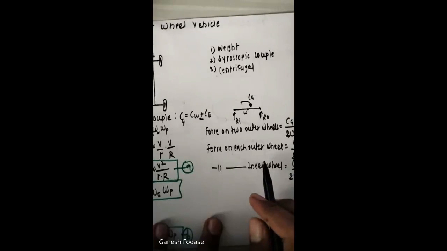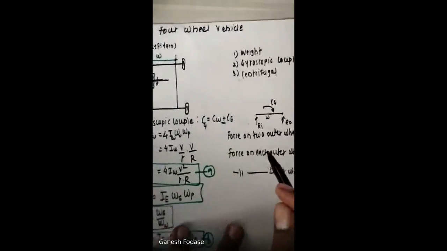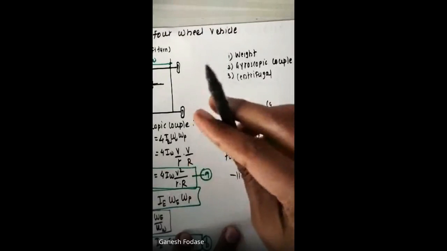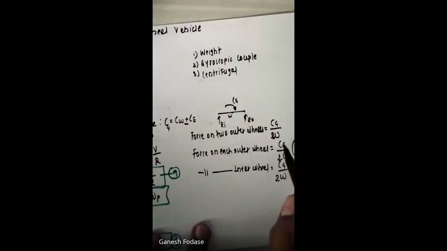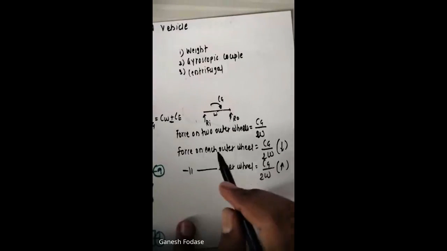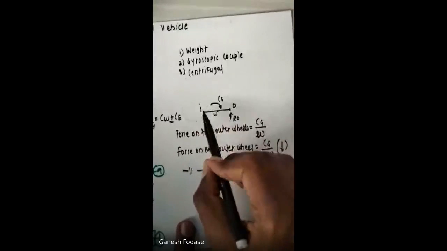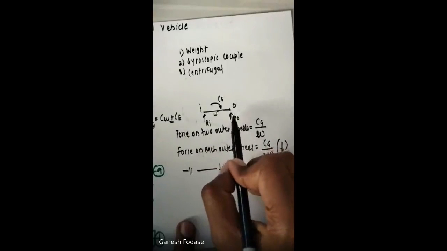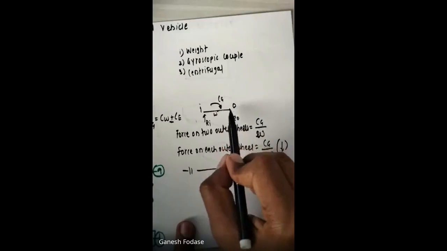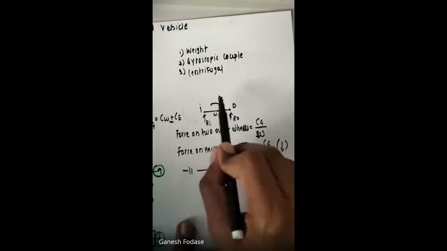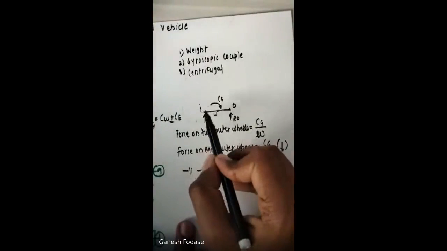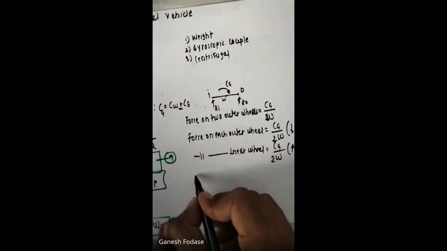How will reactions be? Yes, upward or downward? On the outer wheel, is reaction acting upward or downward? Downward. Upward. See, simple concept. When weight is acting downward, reaction must be upward, equal and opposite. Here the force is acting downward. This Cg couple acts like this, this is the outer wheels and these are the inner wheels. This couple is trying to move it down, so force is acting downward, so reaction will be upward in that wheel. Here, because of that couple, it will try to lift. So force is acting upward, but reaction will be downward. Reaction is always opposite. So I am writing reaction